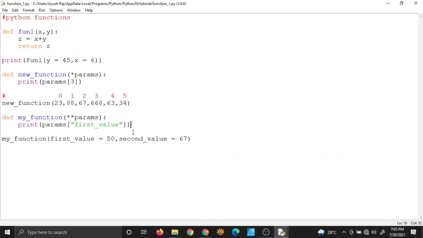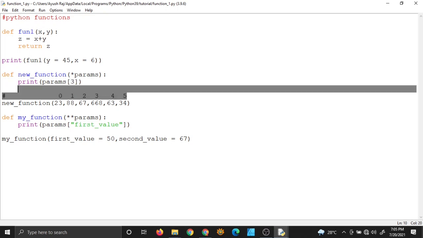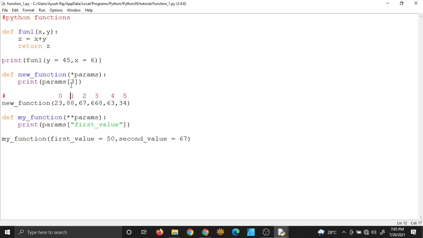So this is working in a similar way as this, but notice that instead of index positions, these are your index positions, right? Instead of giving index positions, we are giving the name of the index.